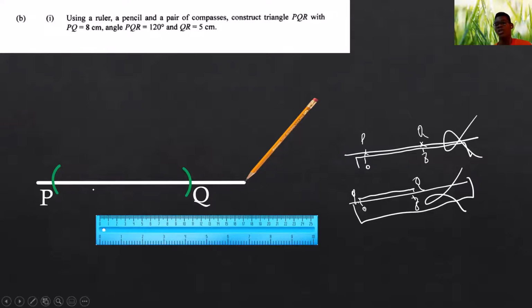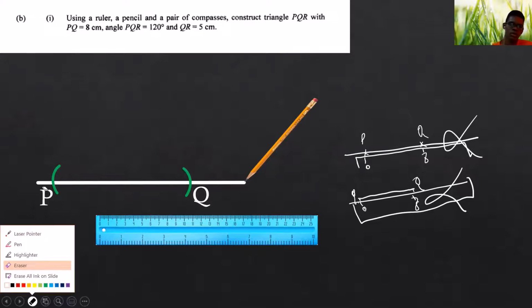They say it's more precise or more accurate, but this is what you need to do to get that 8 centimeter line. Do not try to be lazy and just use a ruler to get the 8 centimeters, right? You will get marks for these construction lines, these arcs that you're going to be describing. You notice these arcs are reasonably small. Don't